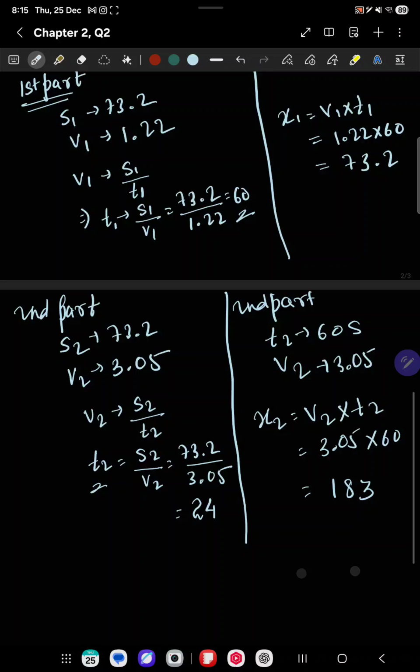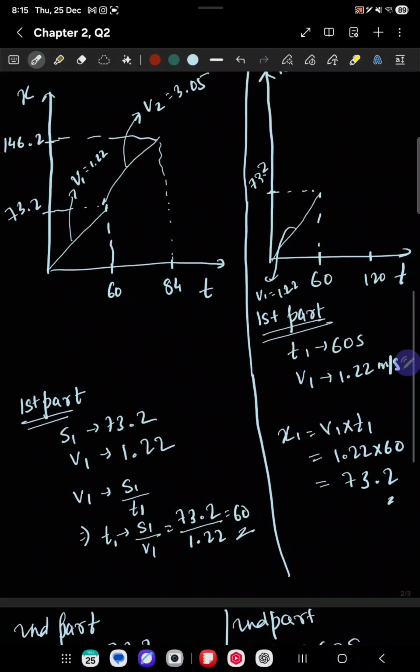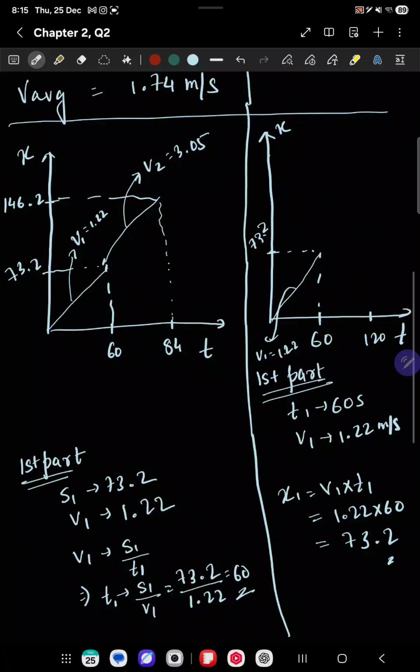Okay, so we know that this 183 comes after x1 got completed, so we can add this 183 with this x1 to plot on the curve, and after adding x1 plus x2 we will get a value of 256.2. So we can plot this point on the curve. So here we are writing 256.2,